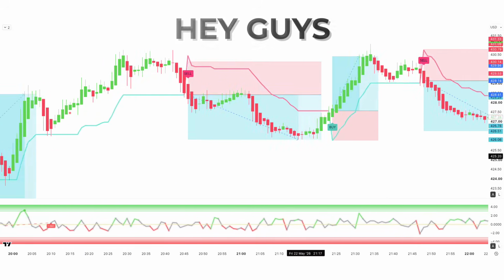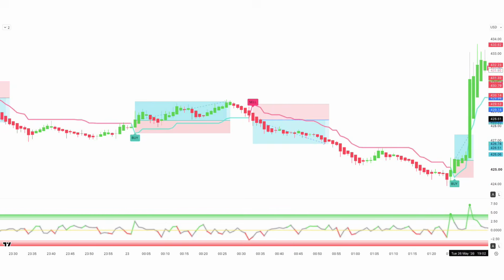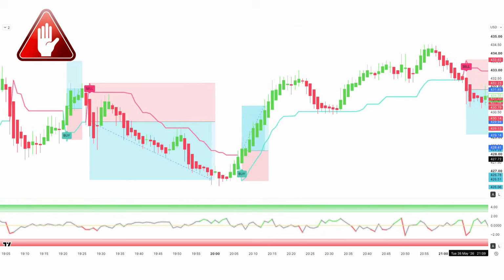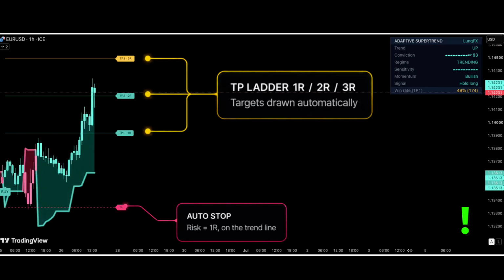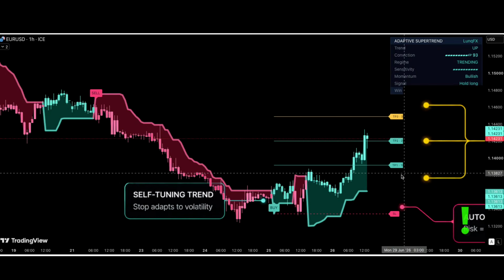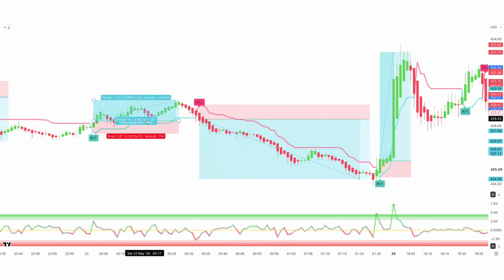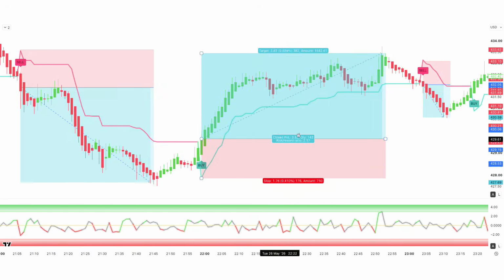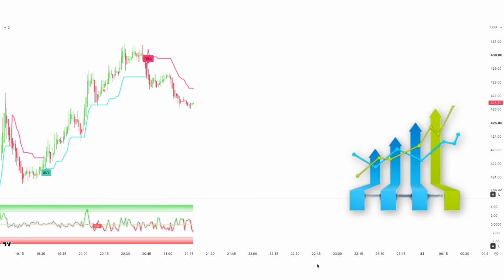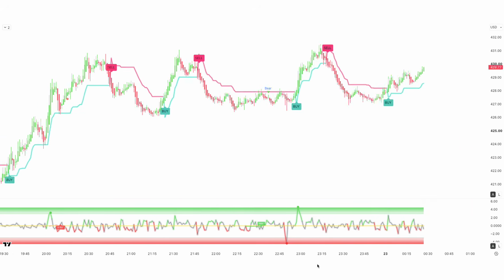Hey guys, today I'm going to show you an indicator on TradingView that I consider a real gem. It's not just about making the chart look colorful, it offers a clean, smart visual approach to understanding market trends. When the market moves rapidly, the biggest challenge is clearly identifying the direction. That's where this indicator really shines. By tracking the trend direction, the signals and visual cues on the chart help you read the market structure at